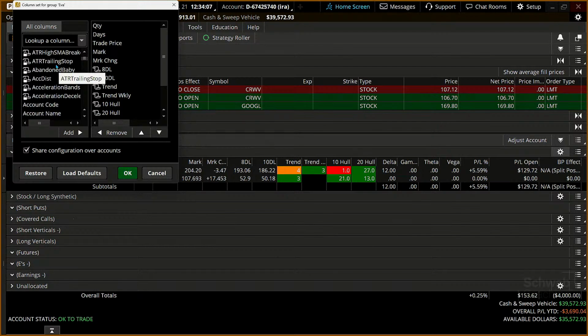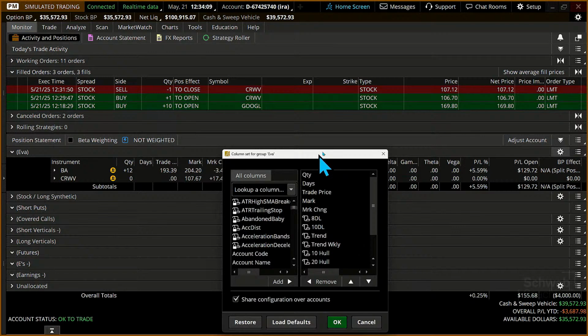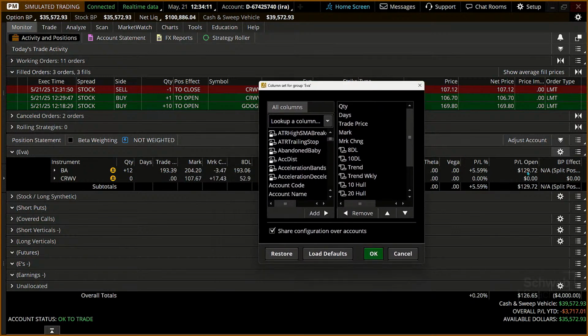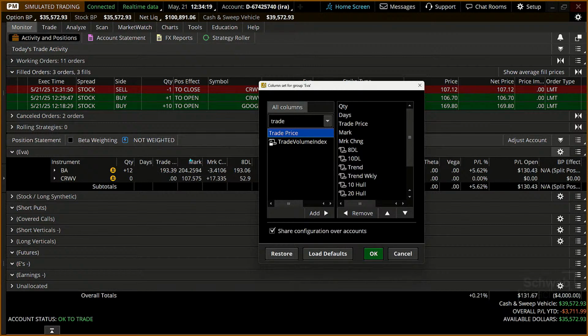Like, what do you have, James? Well, you're now going to see, if you said, James, do we really have to go in and click on the profit loss to see where we got in? No. You could actually go down to the trade price and just say, look, give me the trade price. And that's what that is right there.